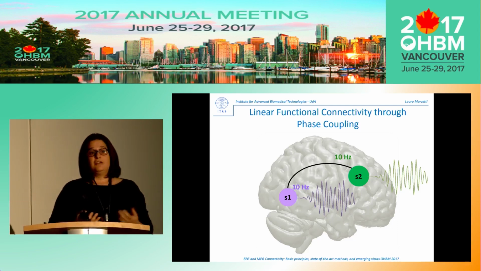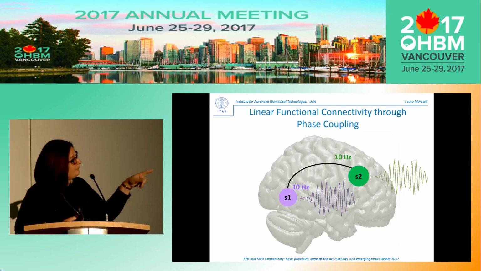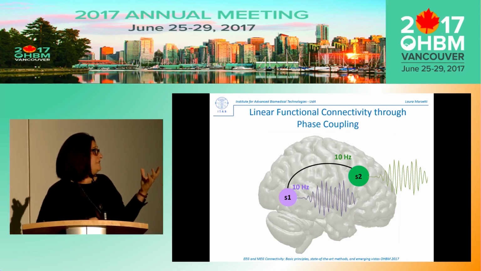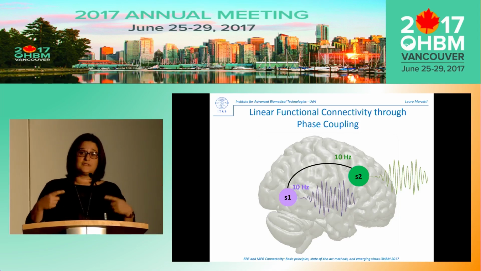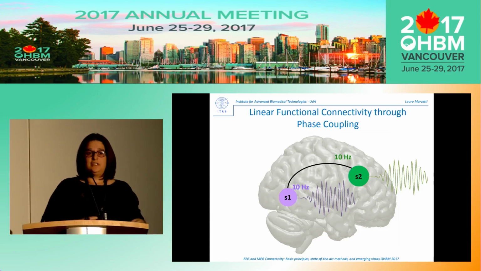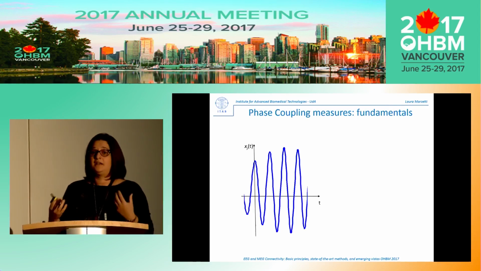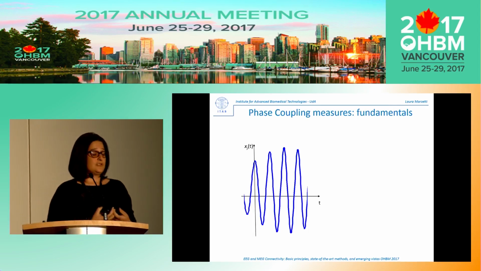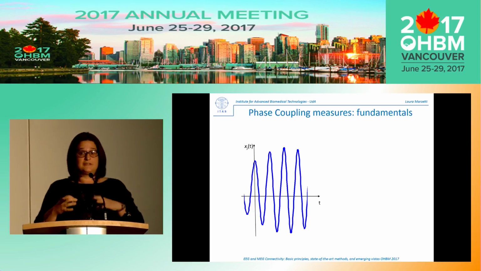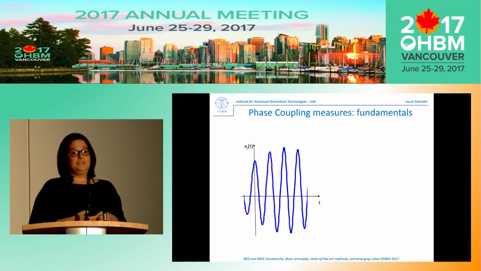Here, also for the sake of the educational content of this meeting, I will go into this approach, which is very simple because it assumes that you have two sources and they both oscillate at the same frequency. And so it resembles pretty much the picture that we have been seeing before. And we ask ourselves how we can assess the relationship between these two oscillations. So in order to understand a little bit this family of methods, we need to go a bit back into signal processing and define some quantities. So let's consider just one of those